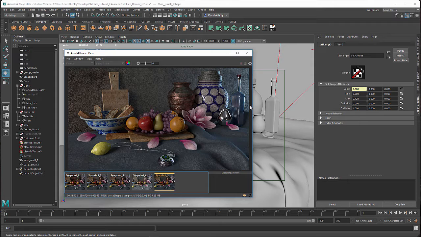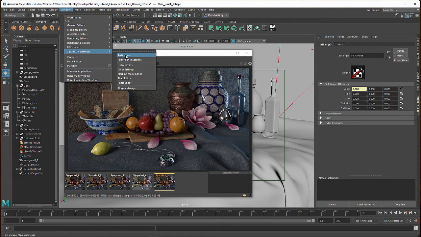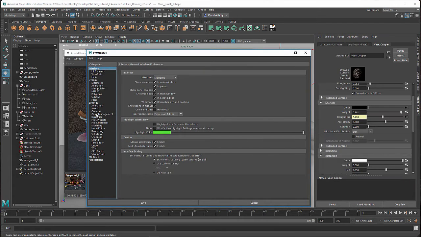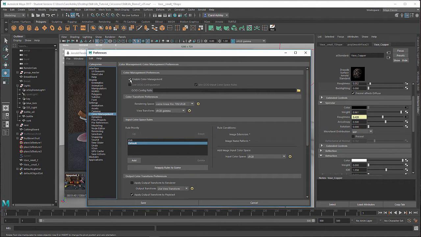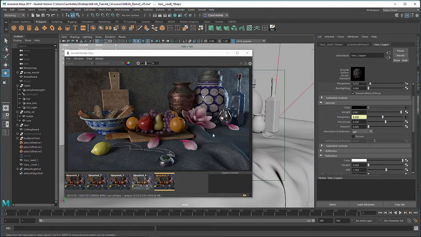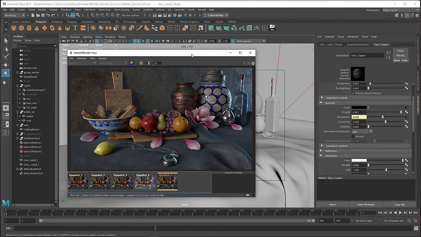right here button, you can come under your Windows, Settings and Preferences, and under Color Management, you want to make sure that Enable Color Management is checked on. Okay, this keeps everything set correctly for a linear workflow, which is what Nuke recognizes. Okay, so just make sure this is on when you do your renders, and we'll come over here under File,